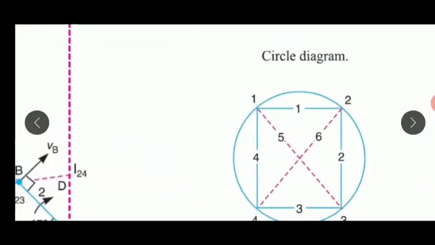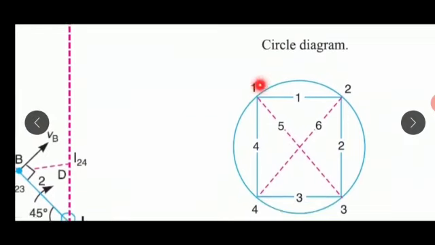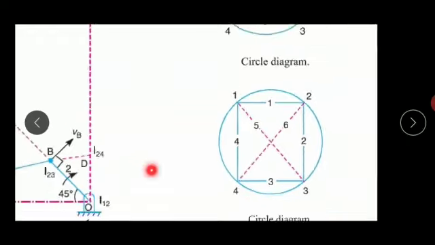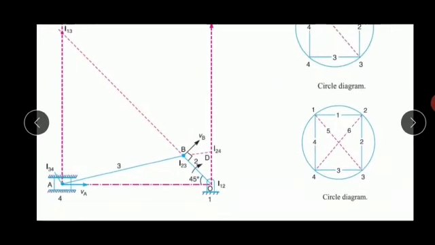Similarly, let us locate the 6th instantaneous center, that is I24. So let us join points 2 and 4. If I join points 2 and 4, we will again have 2 triangles. One is 1, 2 and 4, another one is 2, 3 and 4. With respect to triangle 1, 2 and 4, I am having 2 instantaneous centers, I12 and I14. So I'll draw a line here, and that is going to intersect at infinity.